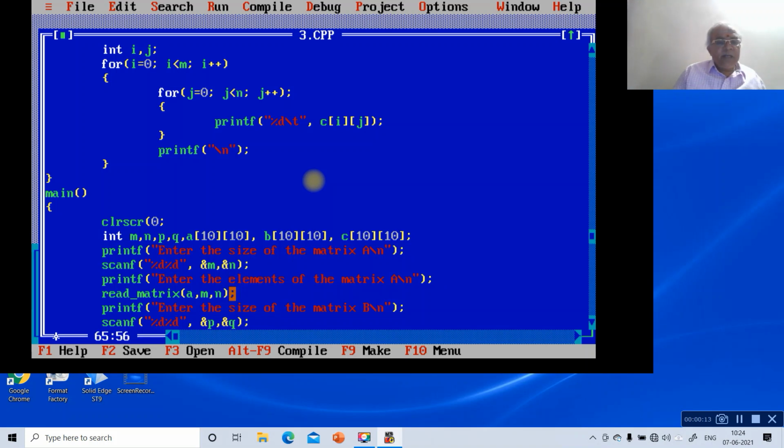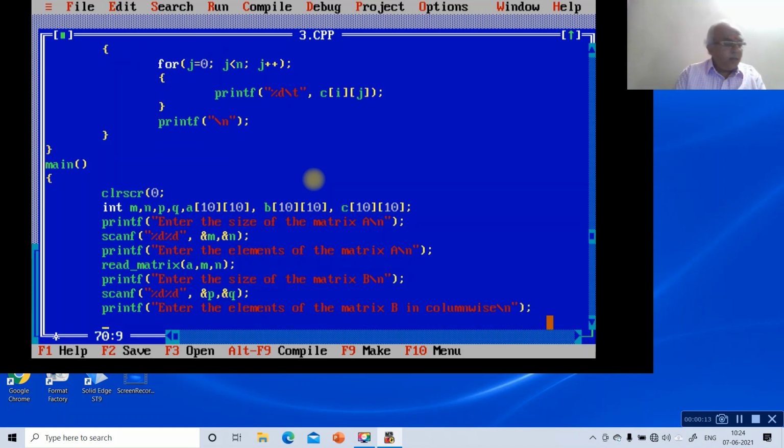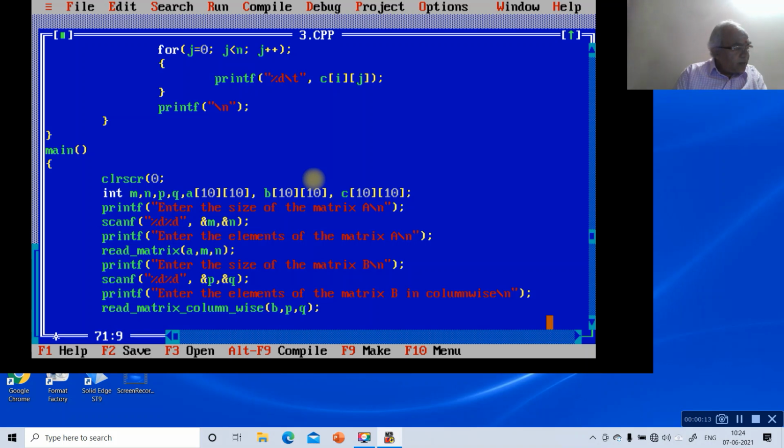Then read_matrix(a, m, n). Then printf "enter the elements of the matrix B column wise\n". Then read_matrix_column_wise(b, p, q), so that the matrix is read column wise.